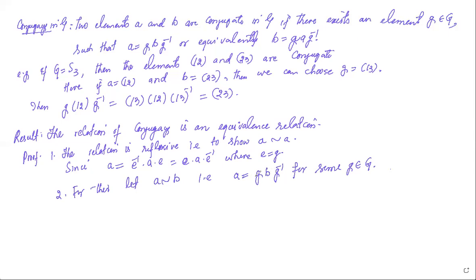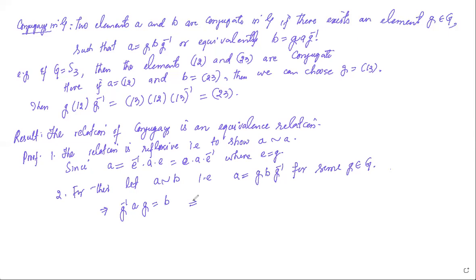Then pre-multiplying this equation by g inverse and post-multiplying by g, we get g inverse A g. This is equal to B,